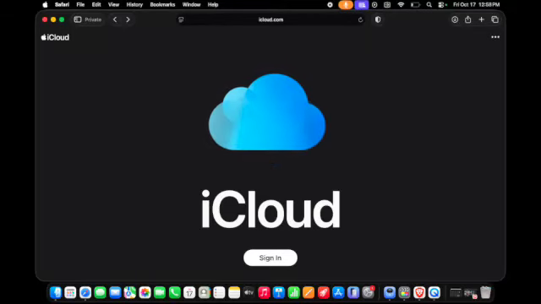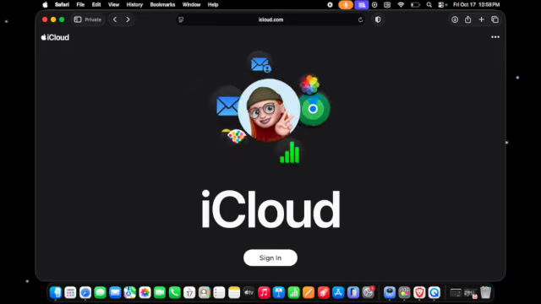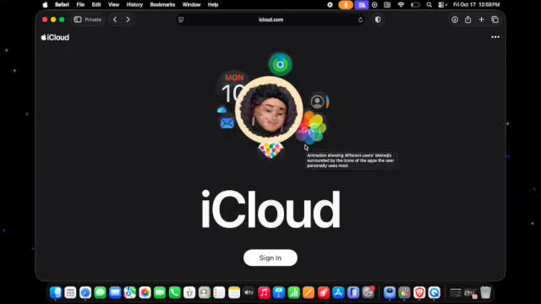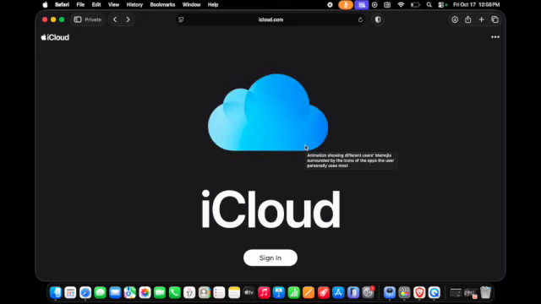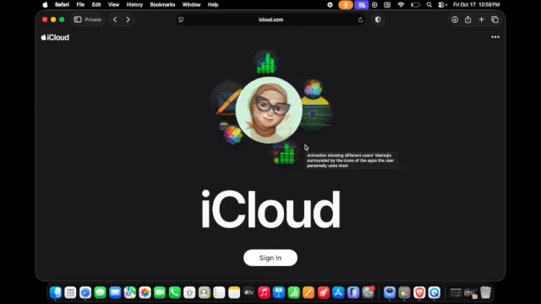In this video, I'm going to show you how you can check the iCloud storage space from the website. So at first we need to open a browser. I'm going to use Safari browser, and then we have to access iCloud.com. Once you are there, then you will find this top-up user interface, and from this website there is a big